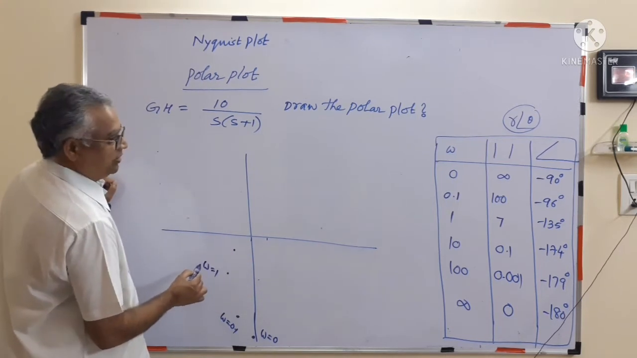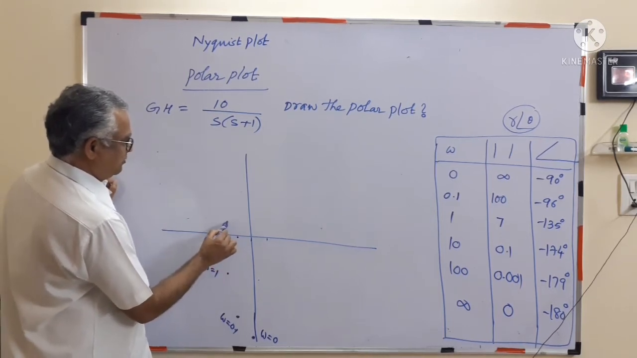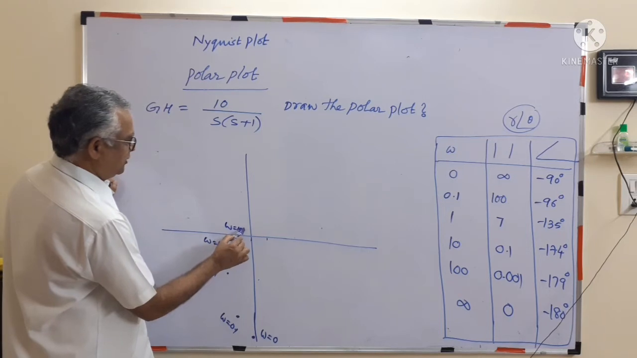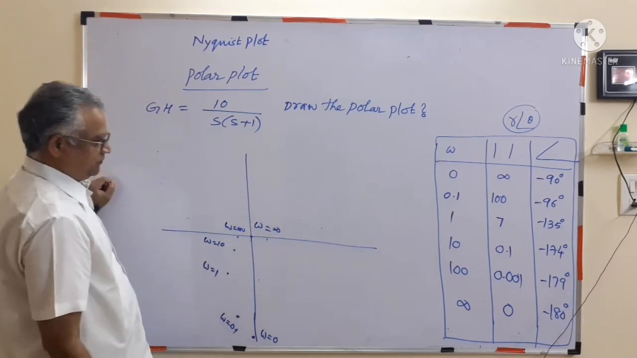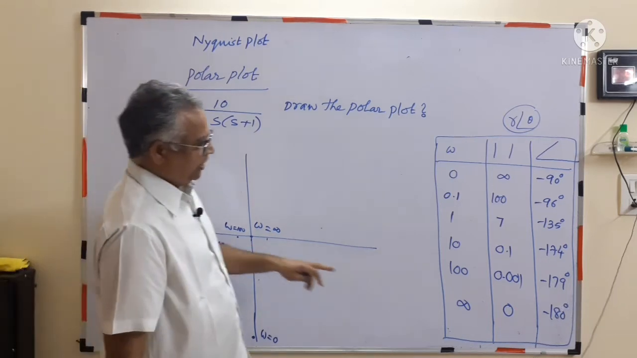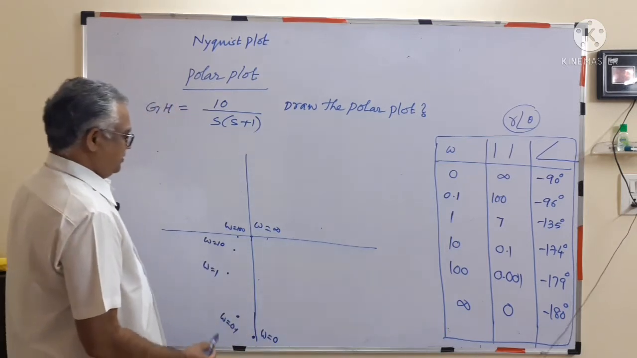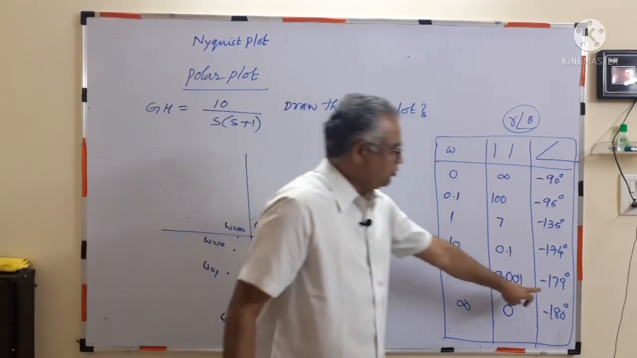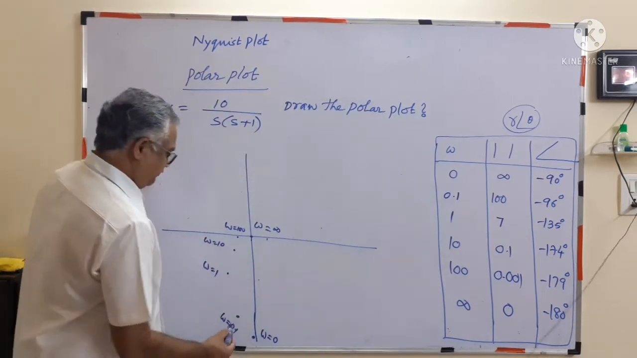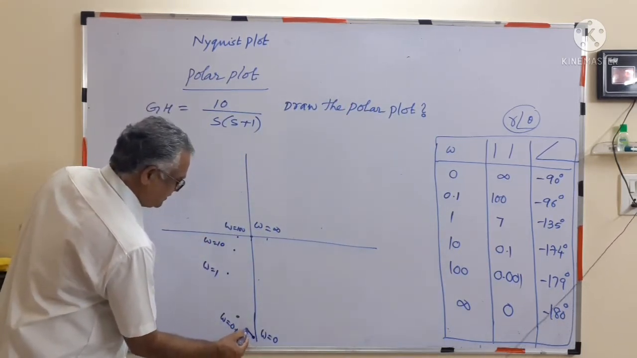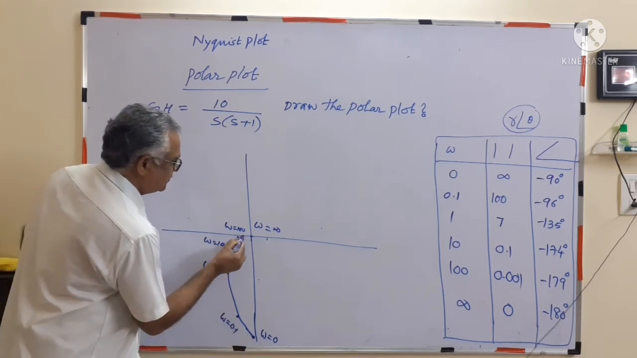Next point will be omega equal to 10. Next omega equal to 100. Next omega equal to infinite. When omega equal to infinite, magnitude 0, angle of minus 180. So when it is 100, almost minus 180, but a very small value. So if I join all these points,